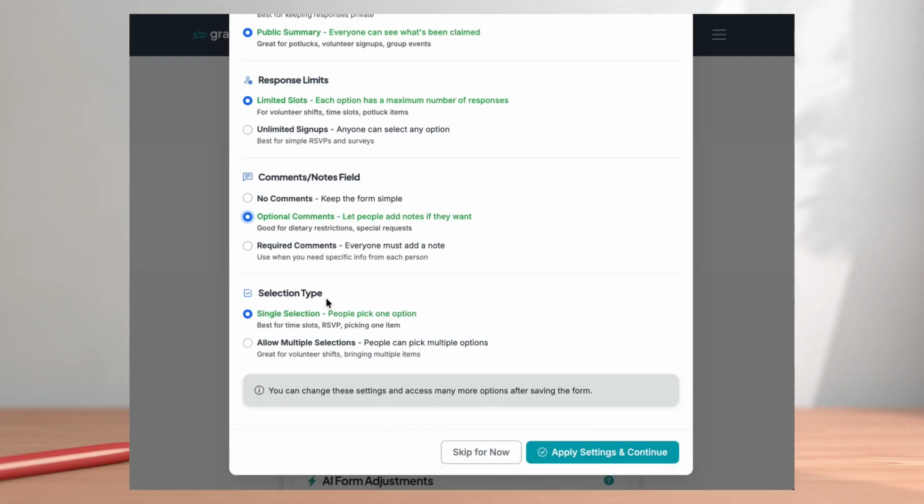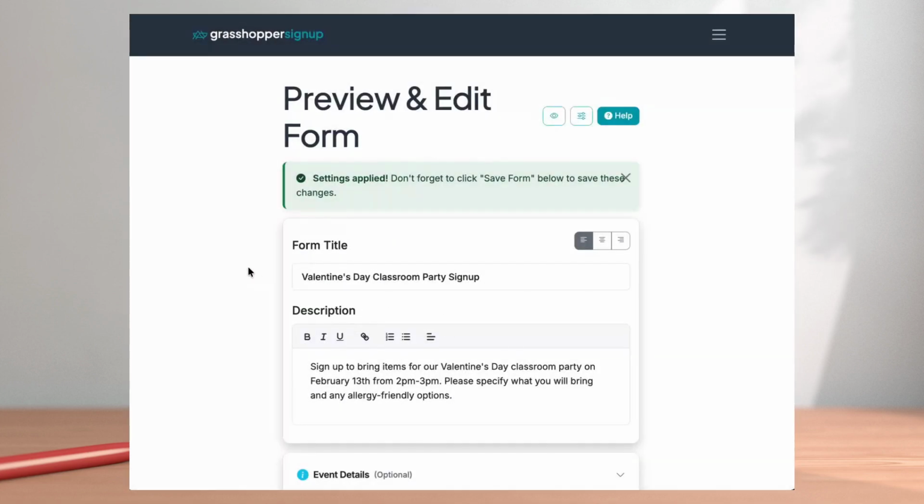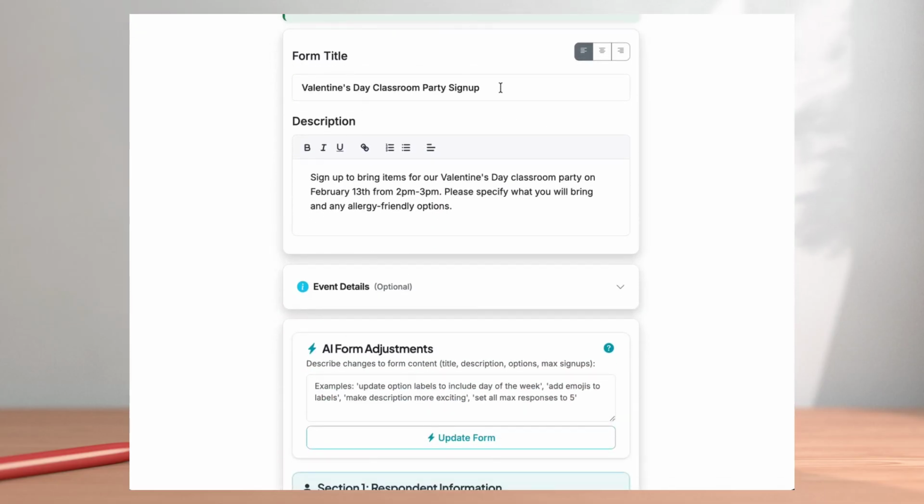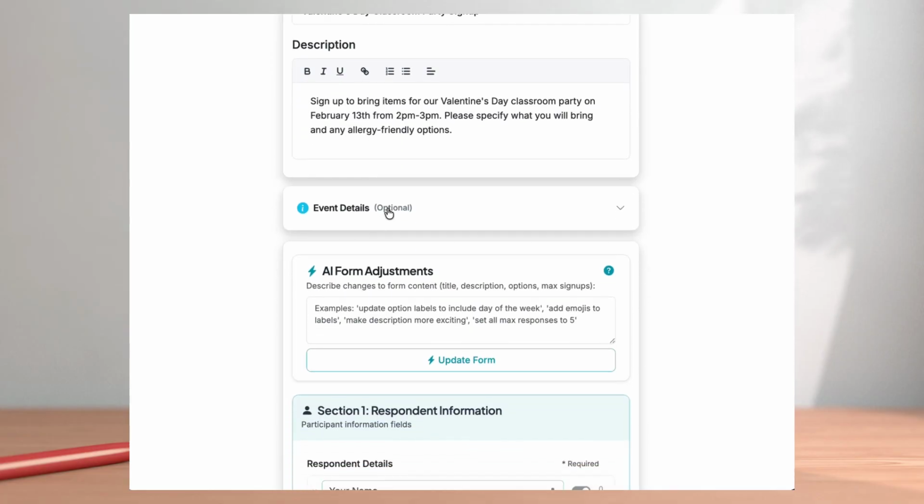And let's go ahead and keep this one focused so that each person can pick one thing versus letting people pick multiple things, just to give more people access to contribute. So those have been applied. So here's my title, class party sign up, self-explanatory there. And when I go to event details,